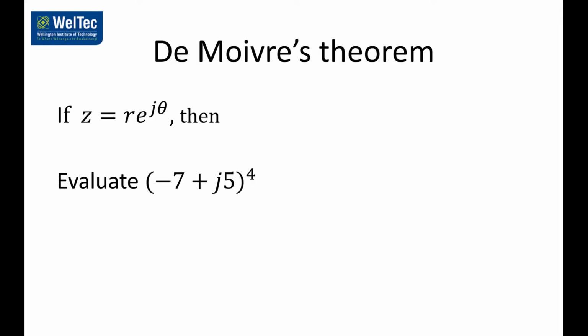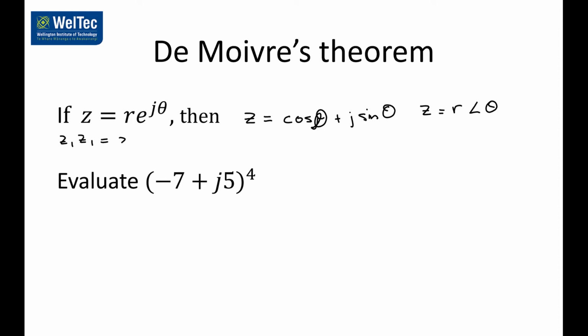We already know how to multiply in polar notation and any of the forms that we've got. So if we've got z equals r e to the j theta, and we know that z is equal to r cos theta plus j sine theta, and that z equals r angle theta, then if we think about it, say z1 times z1, which is the